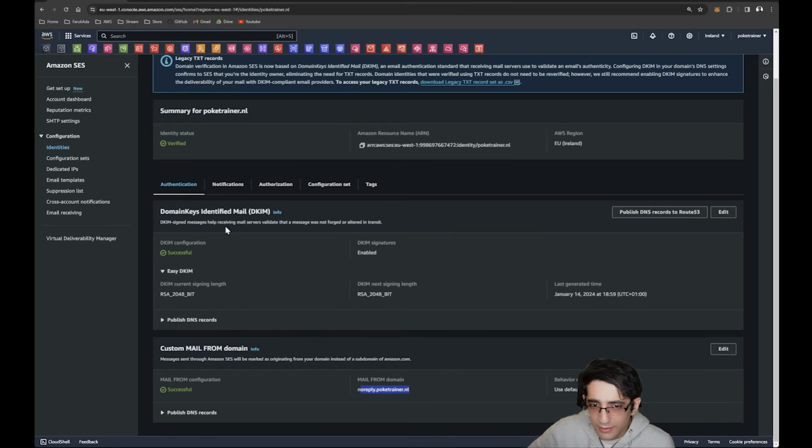Also, I've added the DKIM. This is just for verifying that your email has not been altered. So both of these can be activated. You don't have to do it. If you're not doing it, that means that